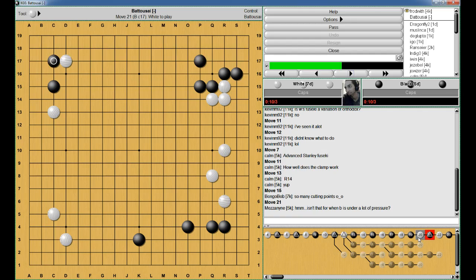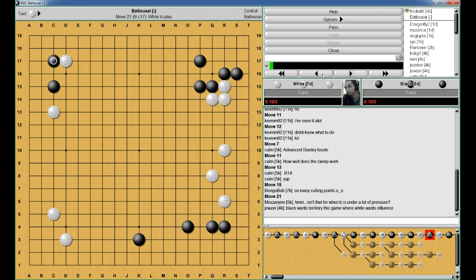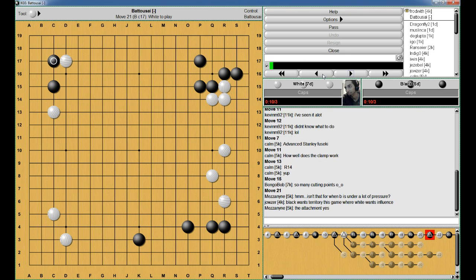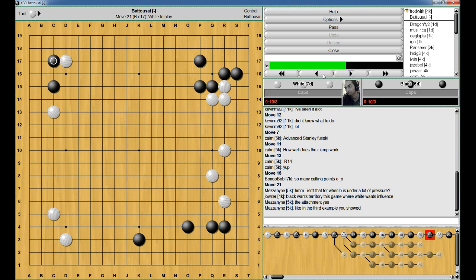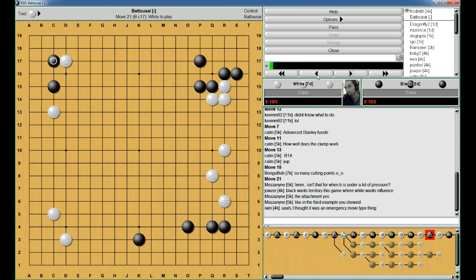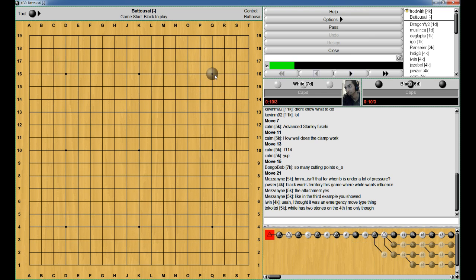Isn't that for when black is under a lot of pressure? What? Settling? It can be used to settle when you are under a lot of pressure, yes, or it can just be used to get a rather even result for yourself. I mean, like I showed in that first joseki,